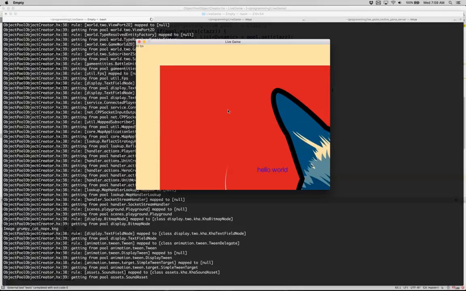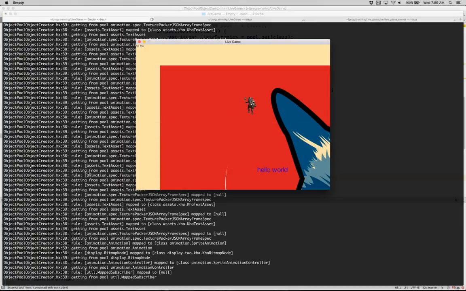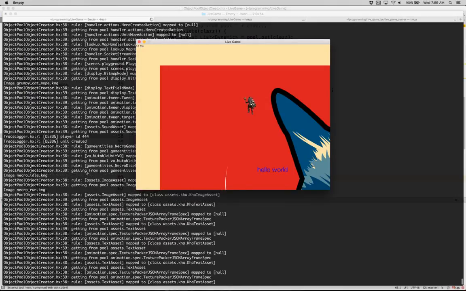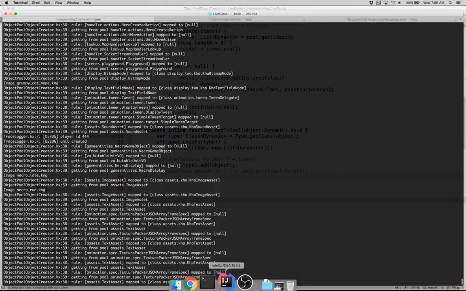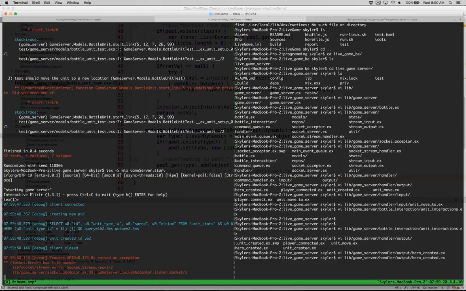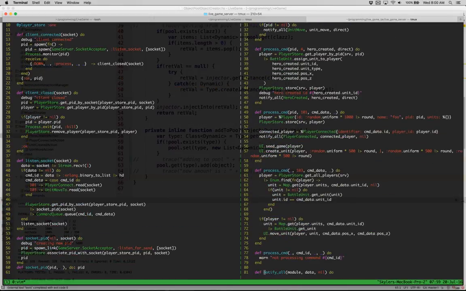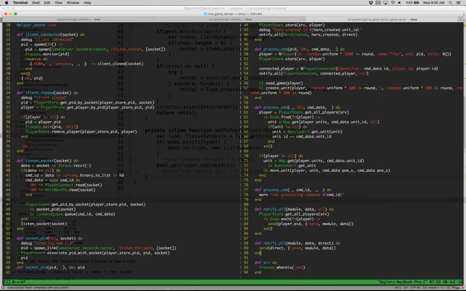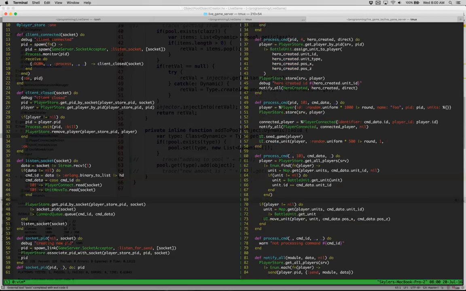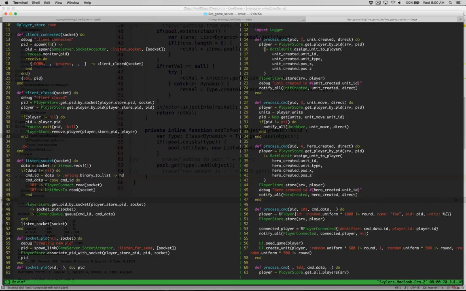So left click, right click, and unit created. So we need to, oh, that's one thing we need to do. So like when we get the connected, we seed game. And so what we need to do is